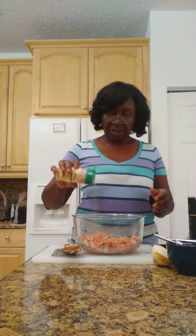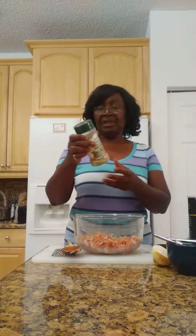So I pour some of that in here. A small portion. I don't really measure it. And then I use another one here. This one is complete seasoning. Many of us know about this one. Of course, you can get it in the supermarket. It's also a herbal seasoning. All of these seasonings are made from vegetables, healthy vegetables for our bodies. So I pour a little of this in here also to season my meat,